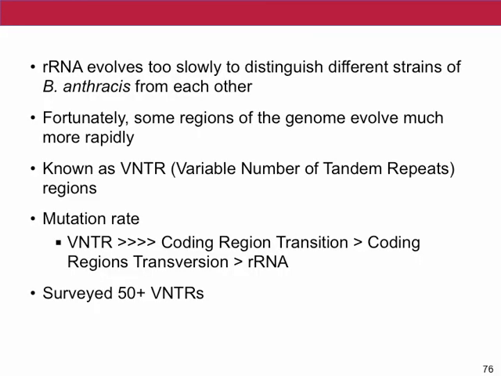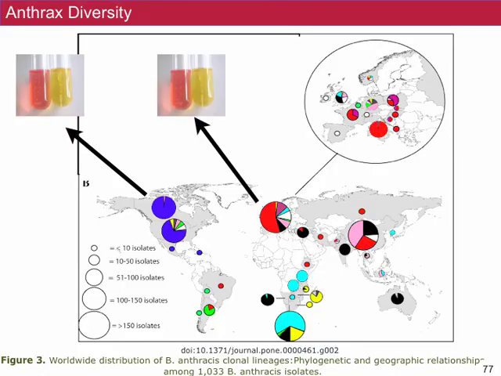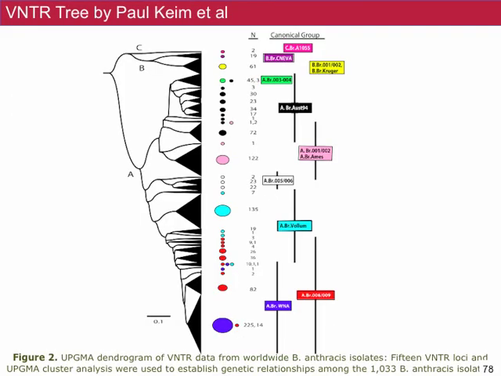So what he did was he then looked at a particular type of sequence in genomes called variable number tandem repeats. These were known to likely vary among closely related strains. He pulled out these variable number tandem repeats from different samples and was able to build a tree of anthrax strains based upon these VNTRs. He then took the anthrax from the letters,